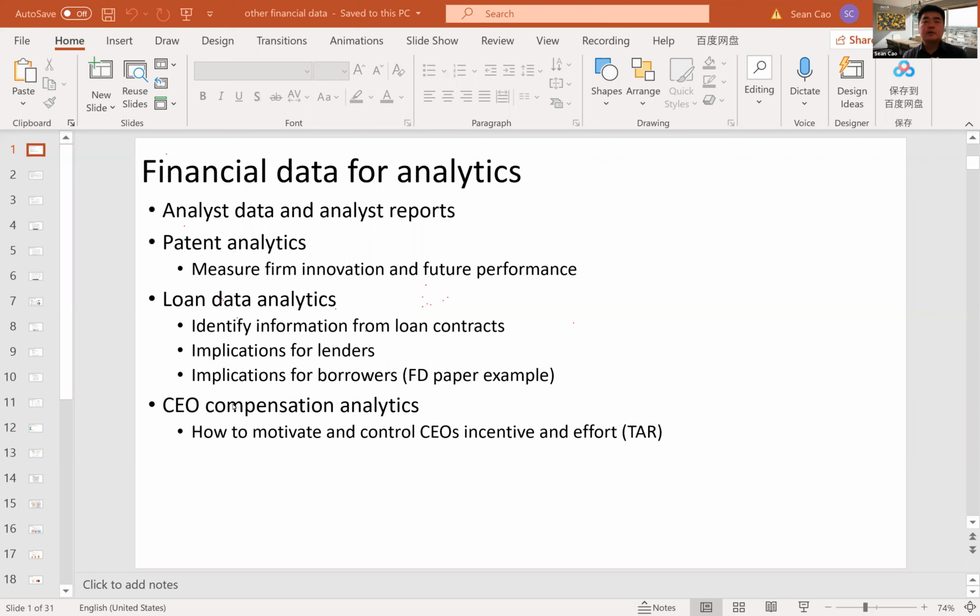We also talked a lot about balance sheet analytics. We identified what is good growth and what is bad growth, and how bad growth predicts future negative returns and good growth predicts future positive returns, and why is that. How do we test that? We have a methodology to test that. So, to summarize,